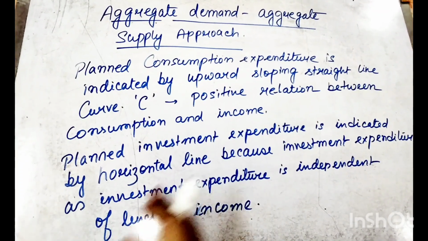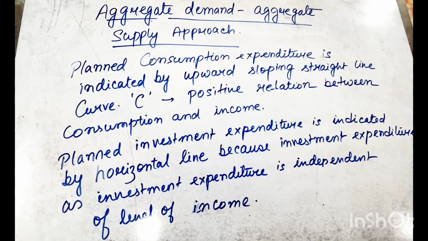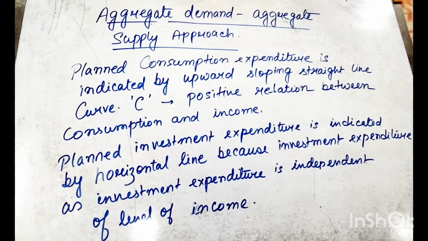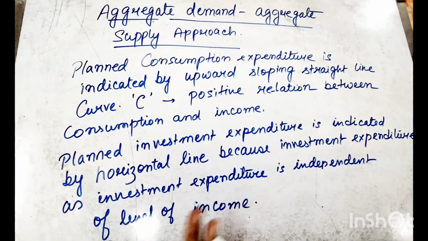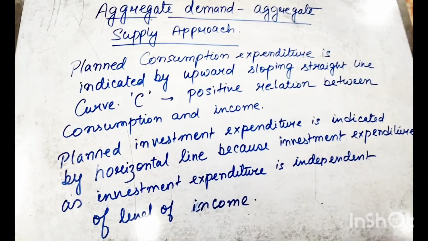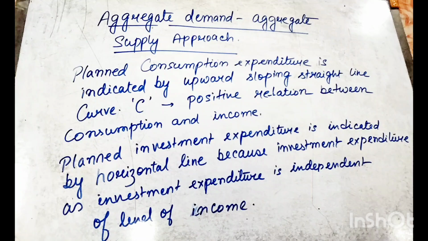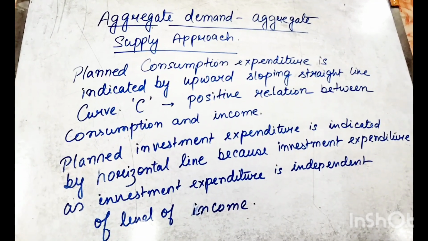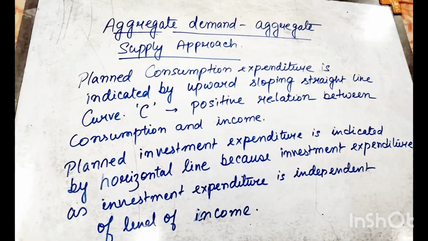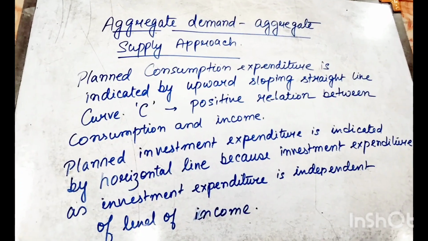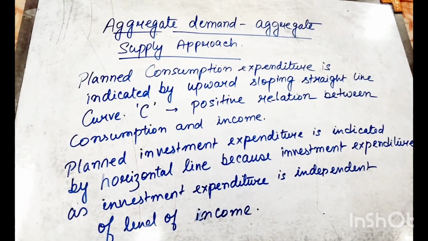And this planned investment expenditure is indicated by the horizontal line. That means your investment expenditure is independent of the level of income. So whatever your level of income is, your investment expenditure will be the same all throughout the level of income. Therefore this investment expenditure is indicated by I,